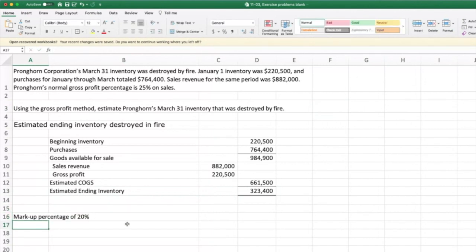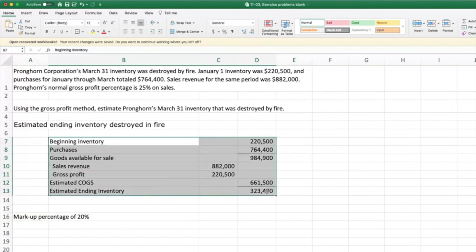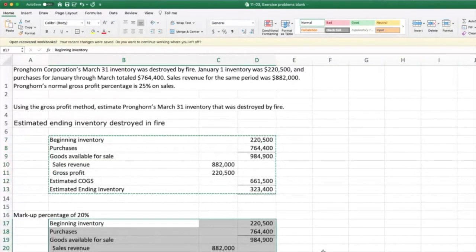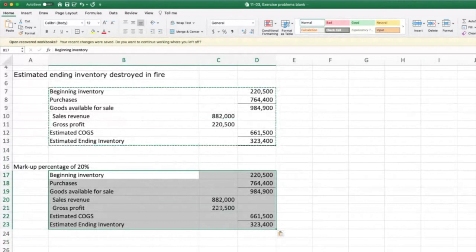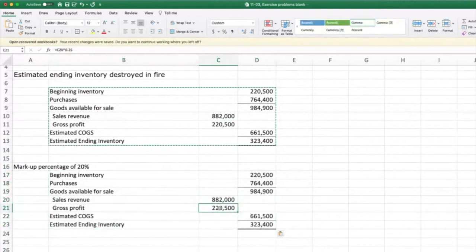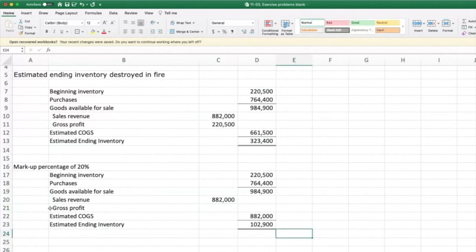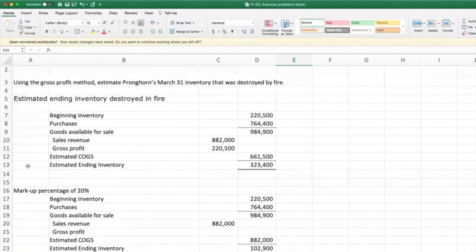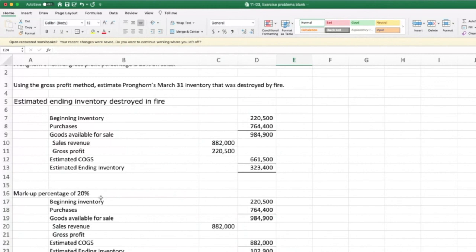We'll assume a markup percentage of 20%. Okay. All of this is largely going to stay the same, but our formula is going to be different. So we'll copy and paste that down there. This number right here is going to change, so we'll just go ahead and delete that number. These are formulas. Okay, so if our markup percentage is 20%, and that gets us to the sales revenue of